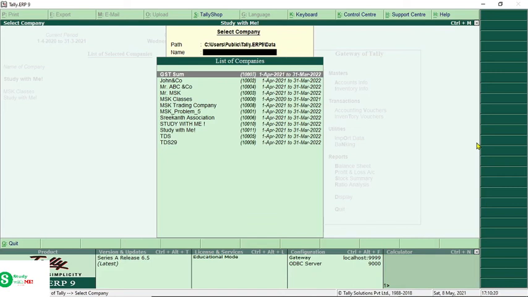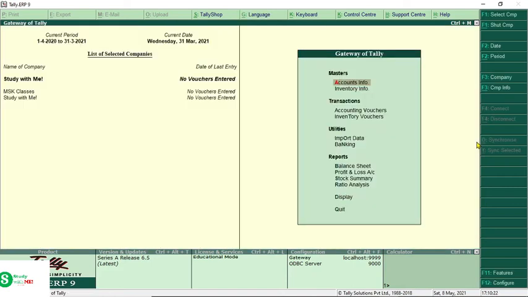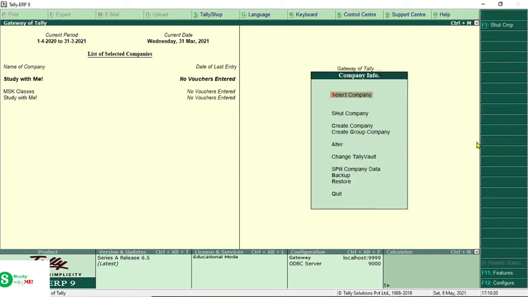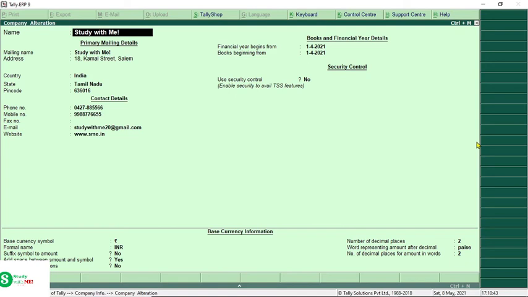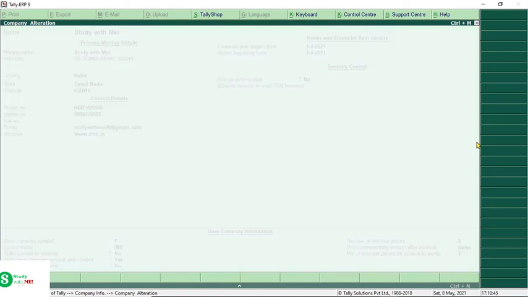Otherwise, like last time, you can go to Alt plus F3 and find the alter option. Find the company which you want to delete, press enter on it. Once you are there, you can use Alt plus D to delete.